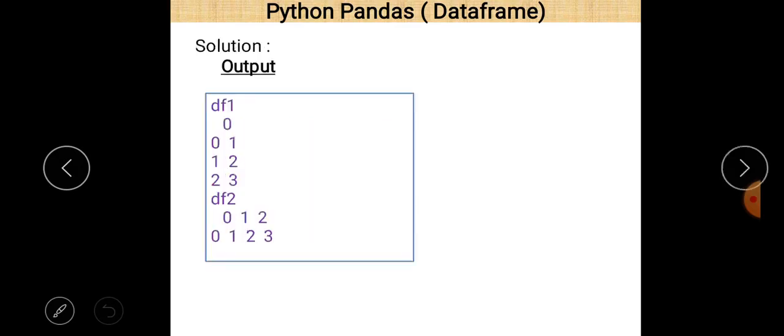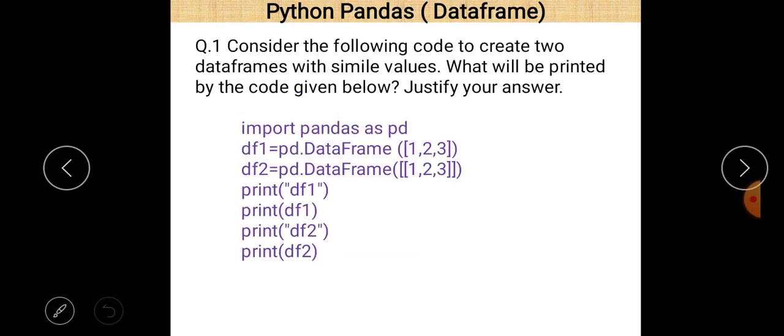So print df1. First of all, df1 will be printed, and these are the index values. This is the name of the column, and these are the different values related to this. Okay, so that is the answer of the first question.